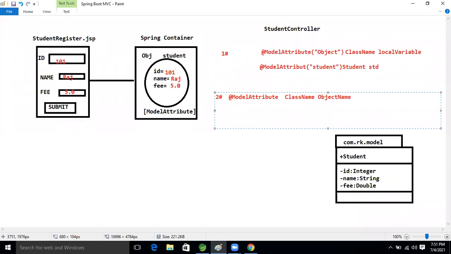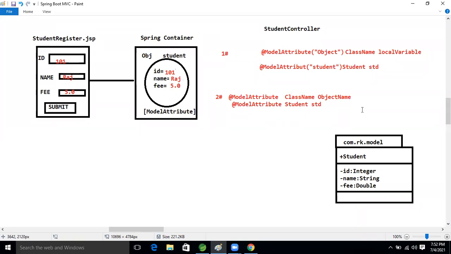Model attribute, student, STD. Like this also we can take it. I will use the second one only, not the first one. But we can perform both ways. This is the first way and this is the second way to read the data in the controller class.